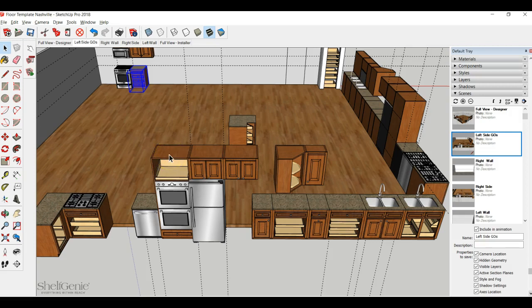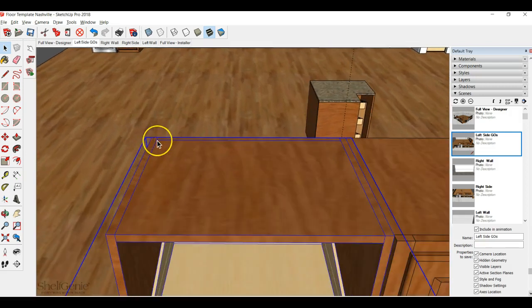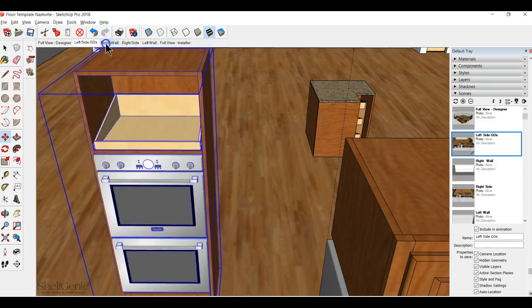If you noticed before, you may not have noticed this, but when you go to get the appropriate height for the tops of these cabinets, this double oven was never tall enough. So we expanded it to make it taller so that it's even and flush with the top height there. So I'm going to select it and zoom in pretty close here. So again, we're going to move it. Select my M shortcut. I'm going to go back to the right wall,